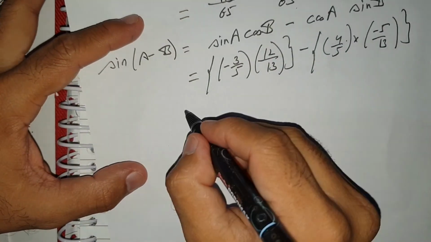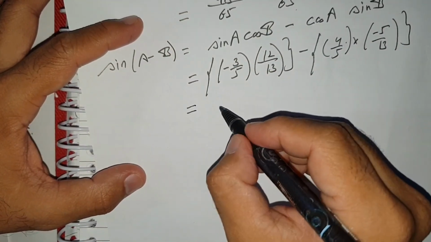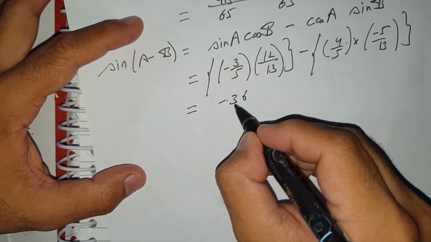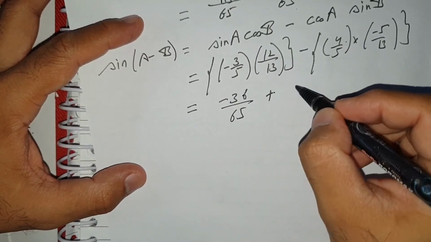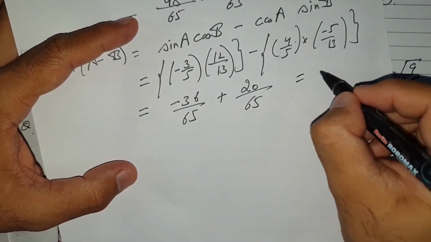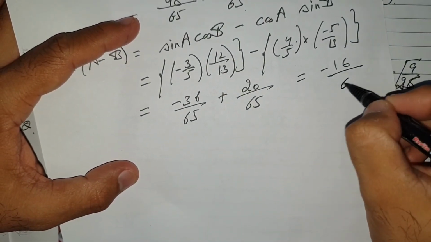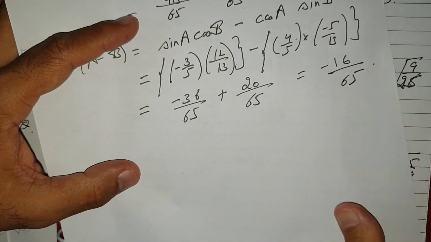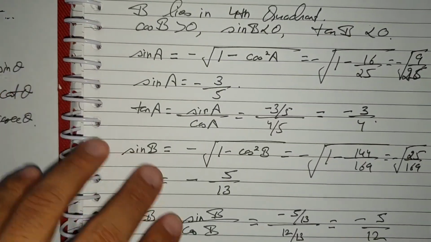Now solving this, you get this as minus 36 by 65 plus 20 by 65. This is what? Minus 16 by 65. That's the answer. Next is tan